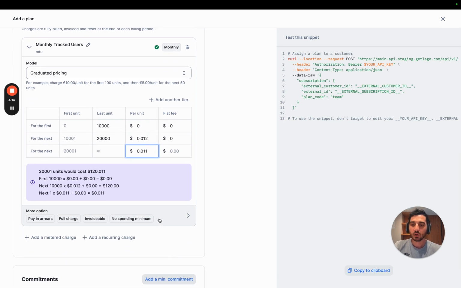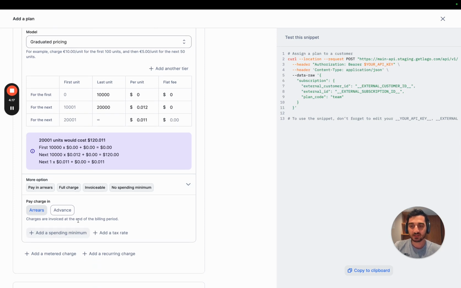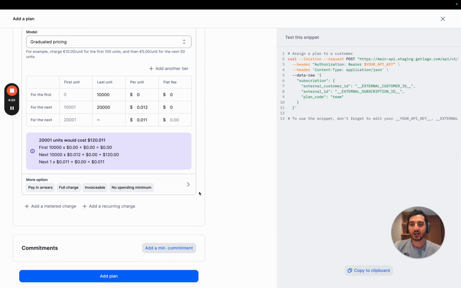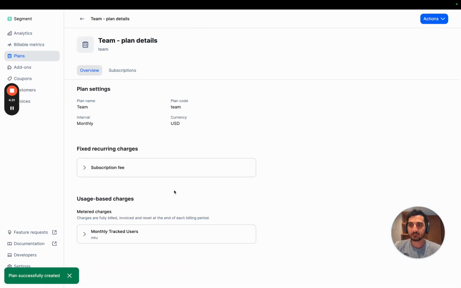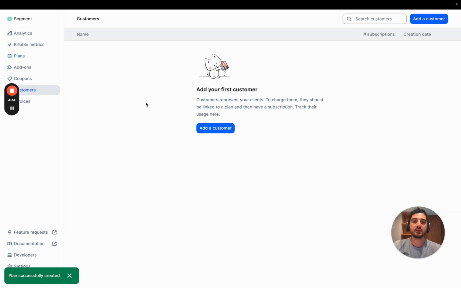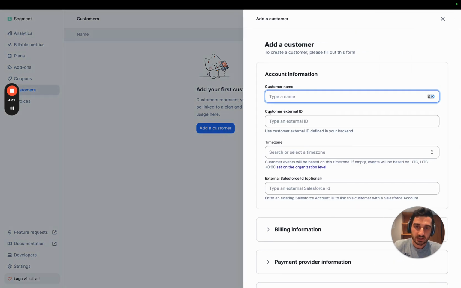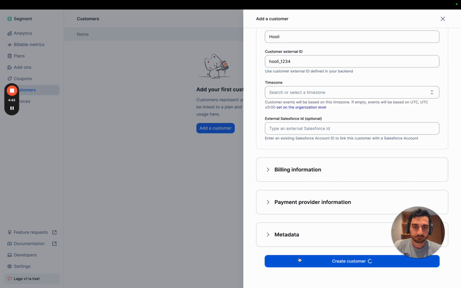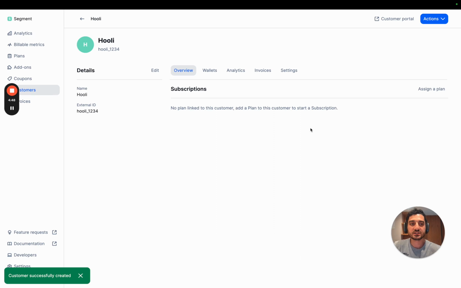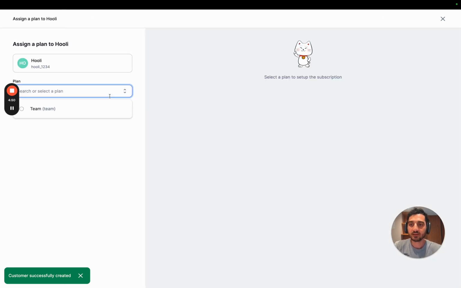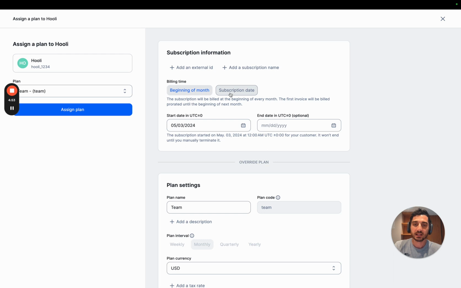On top of that, what I can do is to add a spending minimum, meaning that I want my customer to reach a certain amount of tracked users, otherwise I will bill an average by default. I'm going to add this plan, and I'm going to start tracking unique users, and you will see how Lago deduplicates the number of unique users. So I'm going to add this new customer here, all right? And this customer is subscribing to the team plan. So I'm going to add the team plan, and I'm going to bill